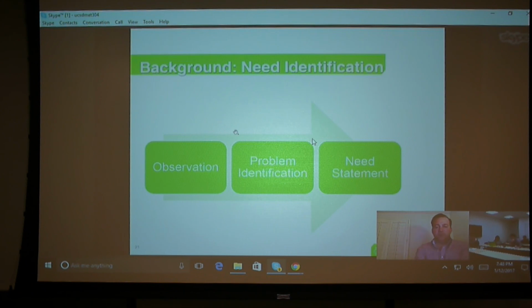So an example would be that patient who's having a life-threatening complication from a procedure. An observation would be that patient is having a life-threatening complication. Okay? Let's just keep it at that. The need statement would come in and say, that patient is having a life-threatening complication